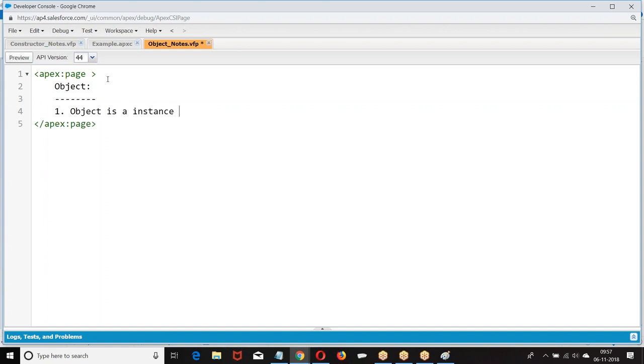An object is an instance of a class. What is the syntax? New.